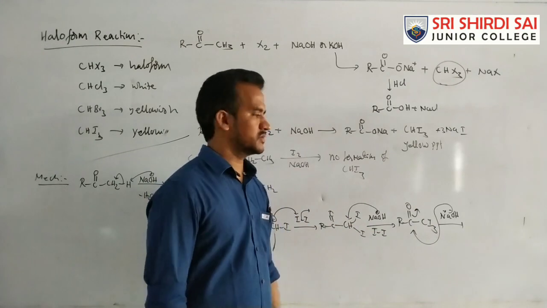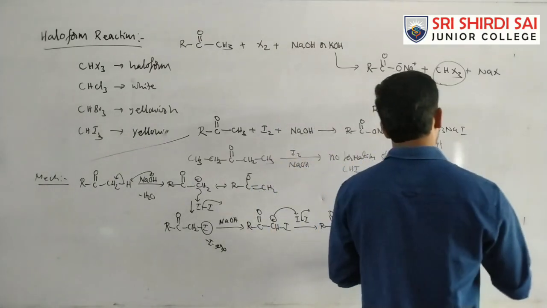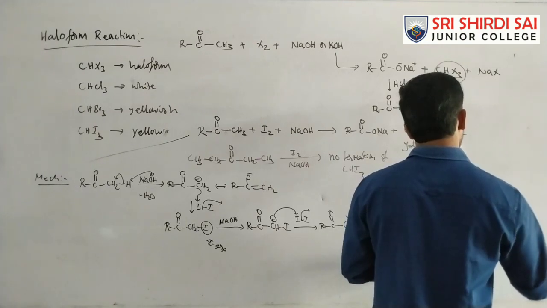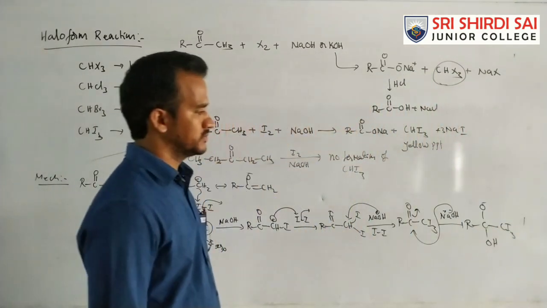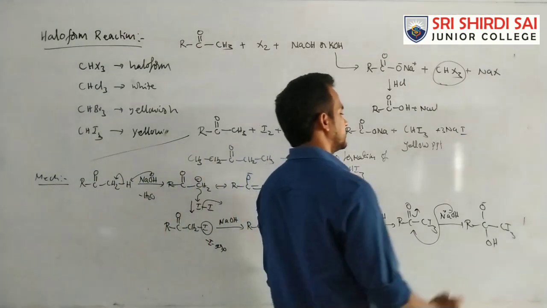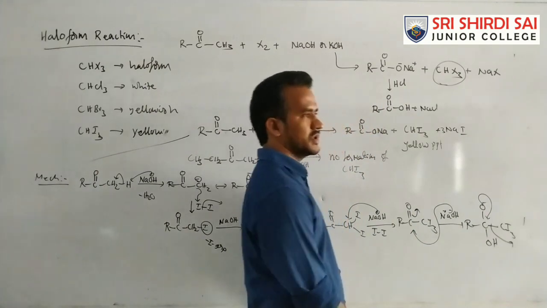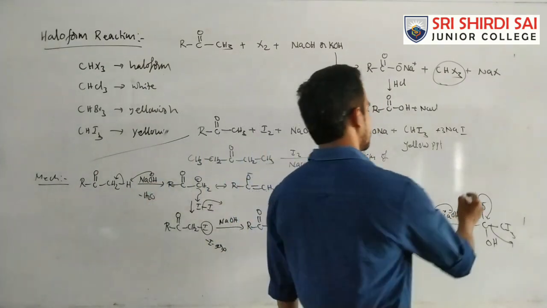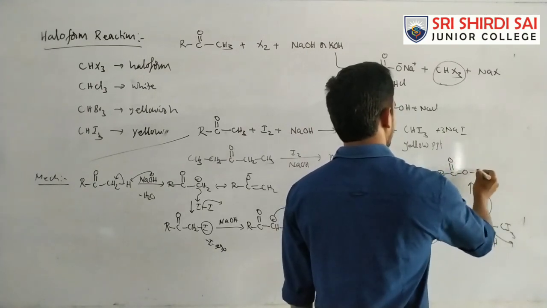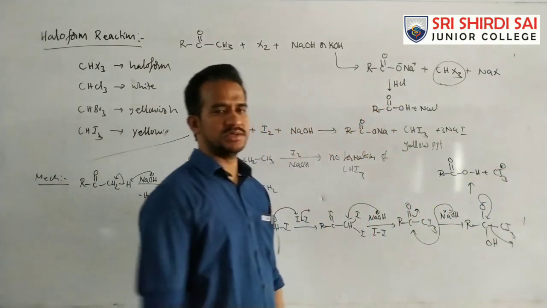Okay, here there are no more acidic hydrogens, since all 3 hydrogens are replaced by the iodine. So that OH minus attacks on the carbonyl carbon, OH and CI3. Okay. So that sp2 carbon is converted to sp3, and now there is reformation of the pi bond and leaving of CI3. As a result you will get RC double bond O, OH, and CI3 leaves out.